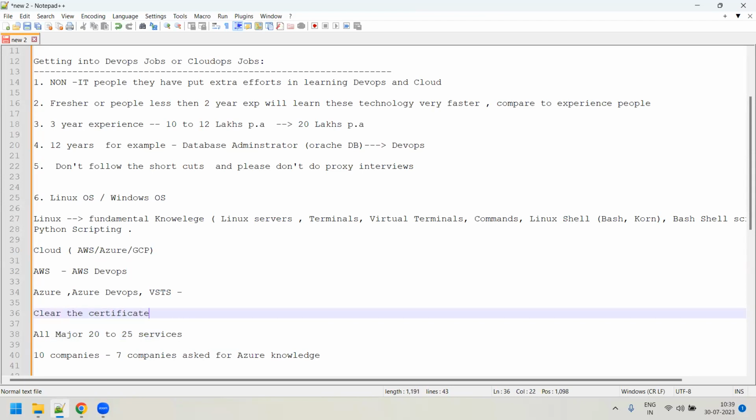Now, what I'm saying is that industries are more inclined towards hiring people who have cloud certification. They're not even looking at whether you have some DevOps tool certification, for example a Terraform certification in your resume, or a Certified Kubernetes Administrator (CKA), CKAD, or CKS, the Certified Kubernetes Security Specialist. Those certifications are very important.